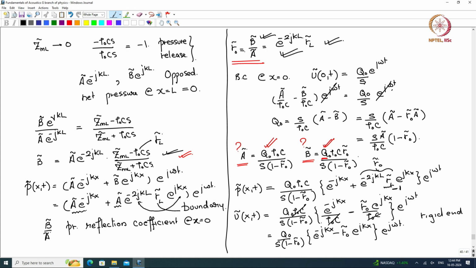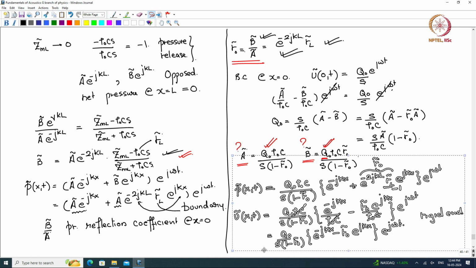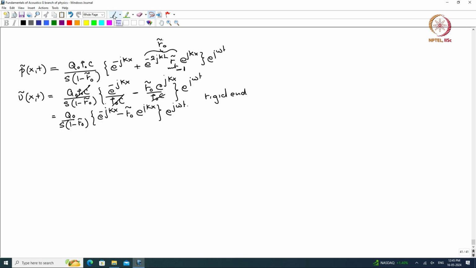Let me copy this to the other side, then we will see. So this is my pressure, this is my particle velocity. If at x equal to L,